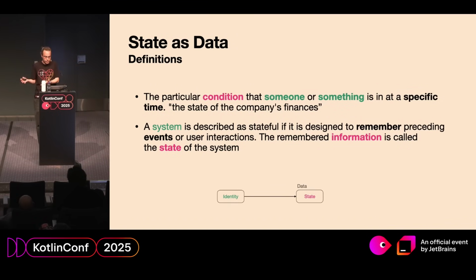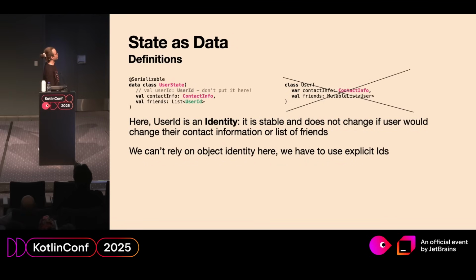So the concept of state is closely related to things like time, events, and being able to remember, and the identity. So the identity is just the ability to point at something and say that this particular entity has changed the state. Identity is associated with state in some arbitrary way. There are many ways to do that, but that's the idea. That's something that remains stable, even though your friend has changed email. It is still the same person, probably.